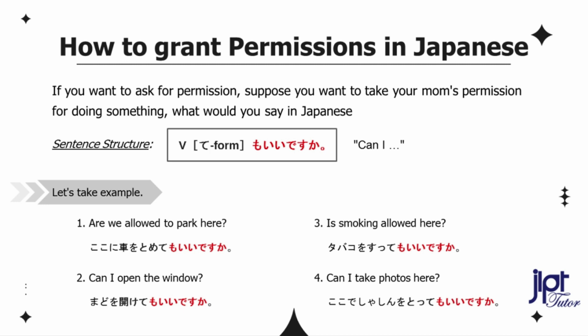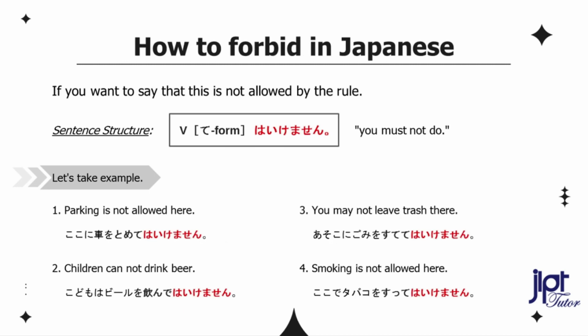How to forbid in Japanese. If you want to say that something is not allowed by the rule, you can use "te wa ikemasen". It means that you must not do this. Let's look at some examples. Parking is not allowed here. ここに車を止めてはいけません。